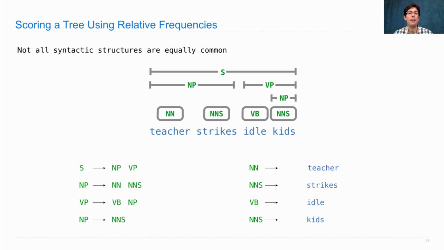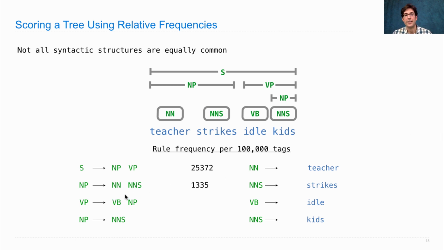Now, how can we learn something about this syntactic analysis? Well, here's all the rules that are involved in generating this, and we can look up their rule frequency per 100,000 tags that we found in our corpus. And we find that for every 100,000 S's, 25,000 of them expand as a noun phrase and then a verb phrase. For every 100,000 noun phrases, about 1,335 of them expand as a noun and then a plural noun, so teacher strikes.